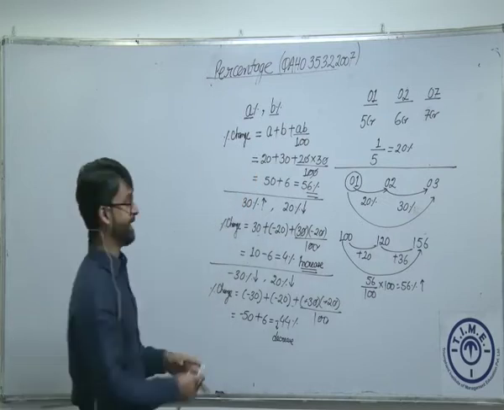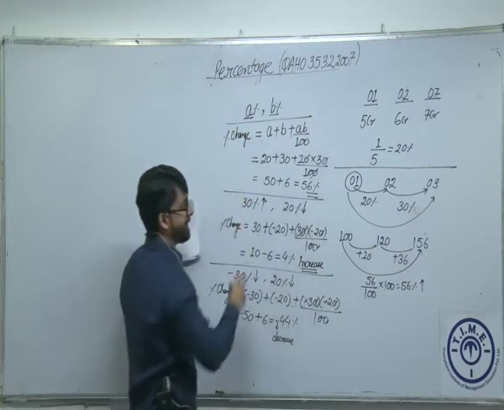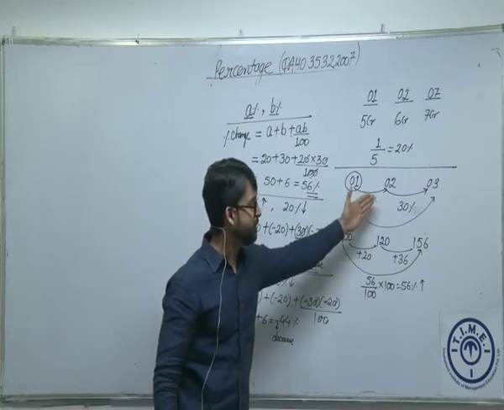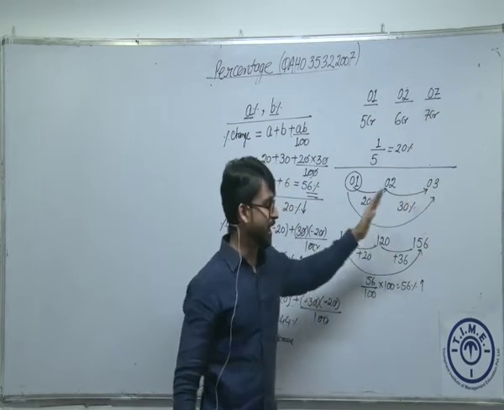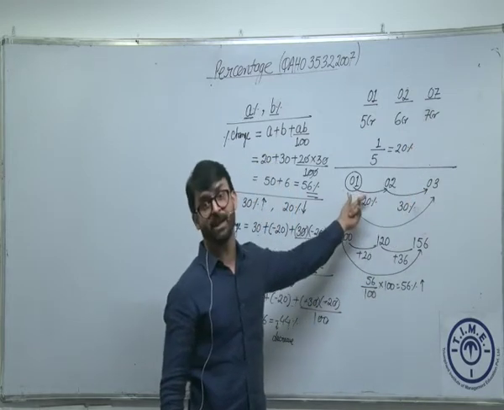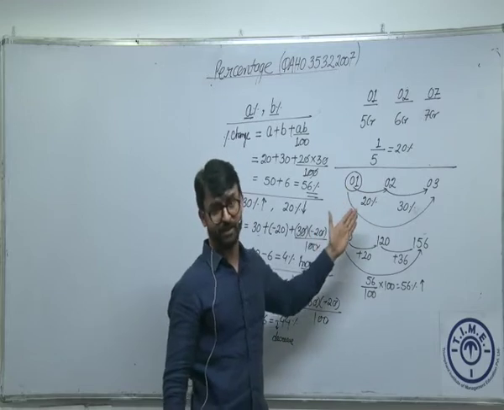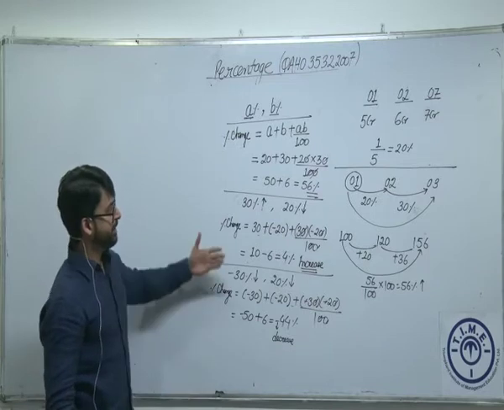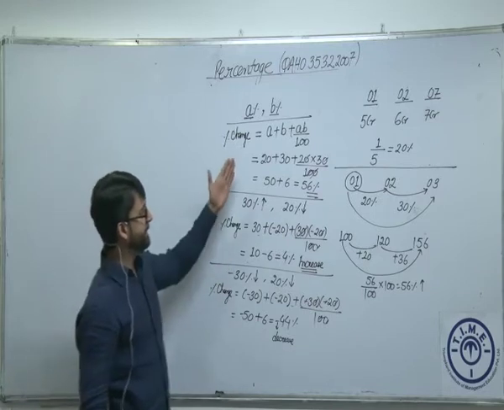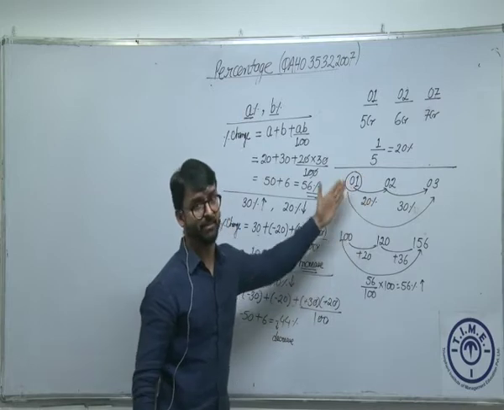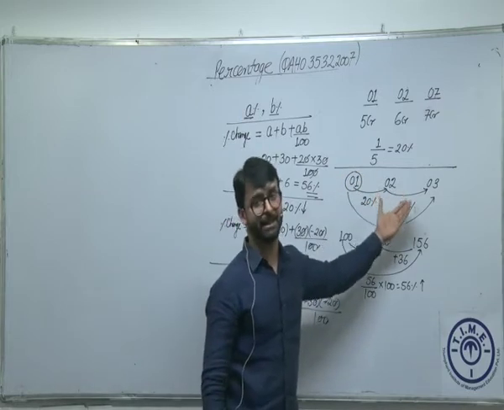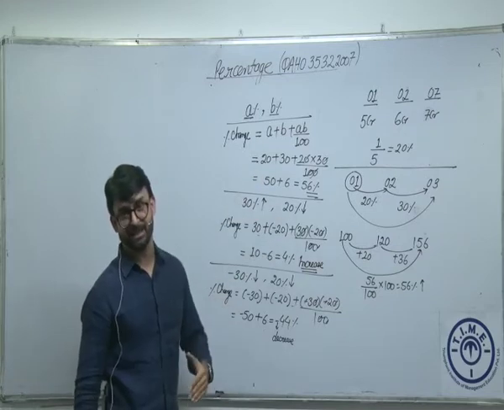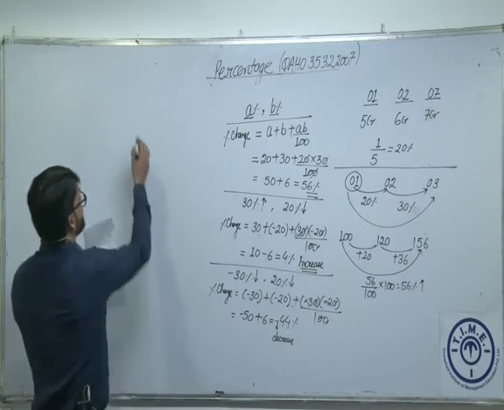Now the key point is the application of this successive percentage change formula, which is pretty useful. You can see clearly that the percentage change has to be in succession on the same base. 2001 to 2002, 2002 to 2003. If I am finding the overall percentage change, on what base will it be found? On the initial base. Then we can use it. Is that okay? Successive percentage change is only applicable when things are changing in succession, one after the other. It can be an increase, it can be a decrease as well. Now, can we use this formula for 3 percentage changes in succession? Let me take an example.